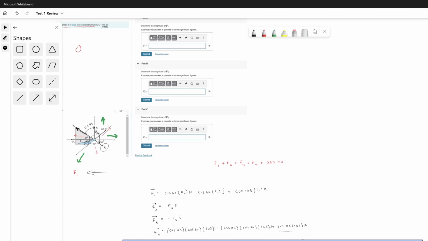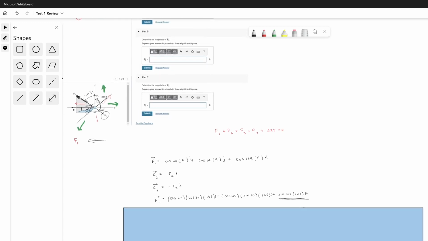It's right here, times the 165, the force. Remember, it's only sine of 45, as opposed to cosine and sine of 30 right here, because we're finding it on the y plane, so we only use this one. So once we have these four,